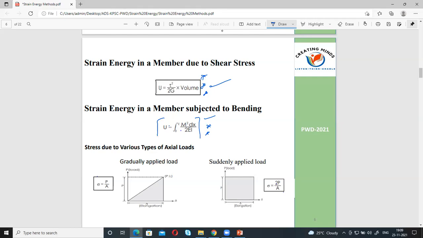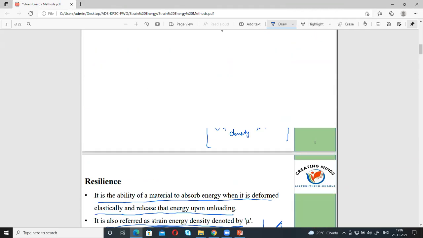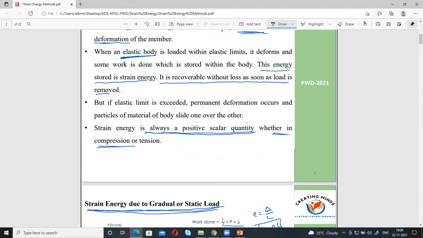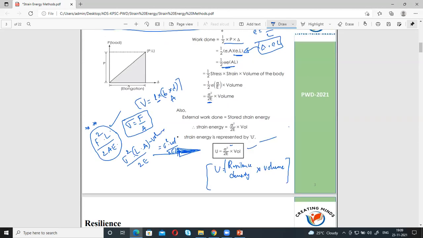ಕ್ಲಿಯರ್? ಸೊ ನೋಡಿ, ಎಷ್ಟು ಟೈಪ್ ಆಫ್ ಫೋರ್ಸಸ್ ಬರ್ತದೋ ಅಷ್ಟೂ ಟೈಪ್ ಆಫ್ ಫೋರ್ಸ್‌ನಲ್ಲಿ ಸ್ಟ್ರೈನ್ ಎನರ್ಜಿ, ಜನರಲ್ ಸ್ಟ್ರೈನ್ ಎನರ್ಜಿ ಈಕ್ವೇಶನ್ ಅನ್ನ ಡಿರೈವ್ ಮಾಡಿದೀವಿ. ಎನಿ ಡೌಟ್ಸ್? ಒಂದ್ ಕಡೆ ಬರ್ದಿಟ್ಕೊಂಡಿದ್ದೀರಾ ಅಲ್ವಾ? ಡಿರೈವ್ ಮಾಡಿದ್ವಿ. See, the first thing is this is due to axial